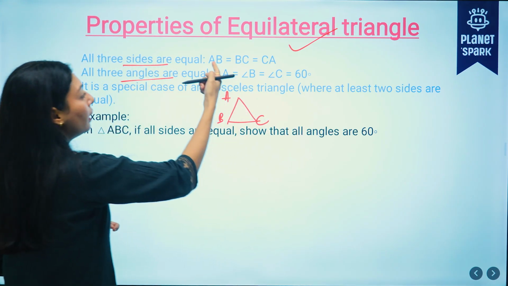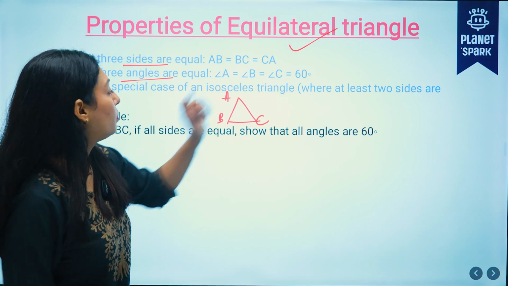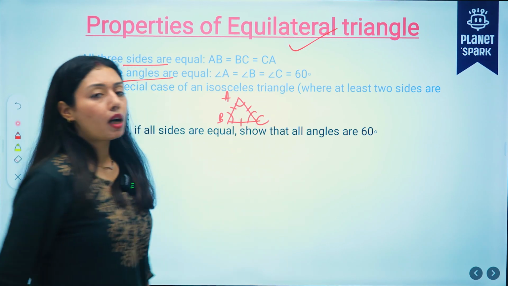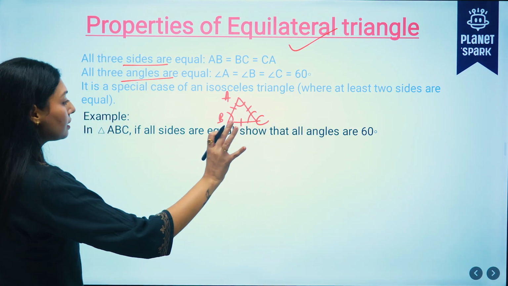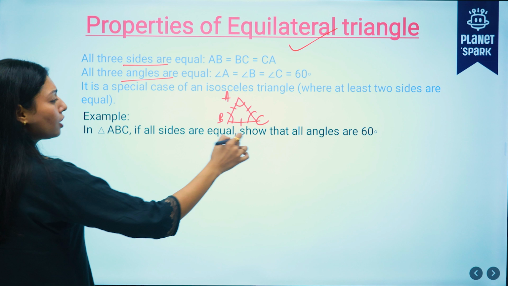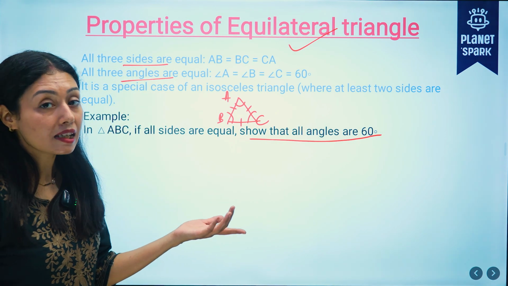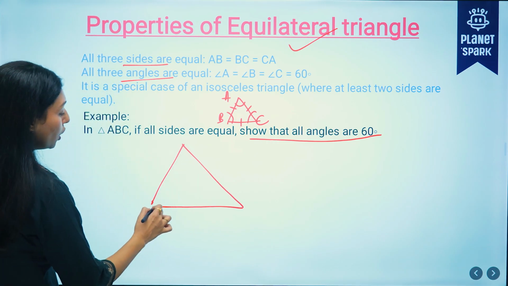तो क्या बोलेंगे हम? AB is equal to BC is equal to CA, all three sides. Angle A is equal to angle B is equal to angle C there, right? Now, talking about the measure of the angles here, क्या पता है हमें about angles? The angle sum property, right? So let's show that all the angles are 60 degree. क्या होंगे तीनों angles का measure? 60. How? Let's see. Using the properties that we know.